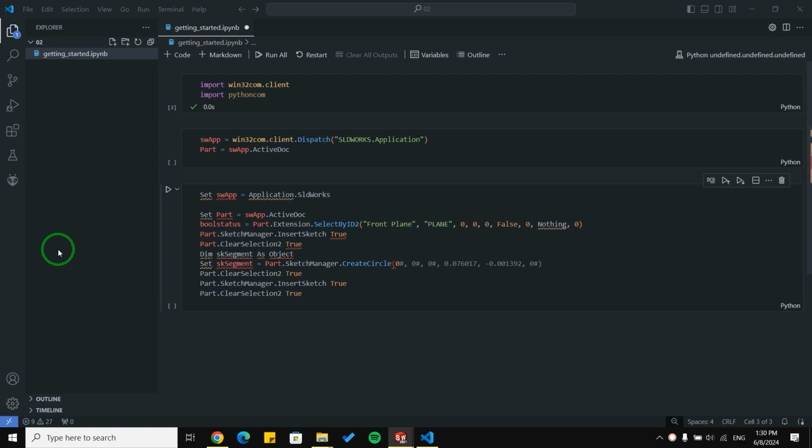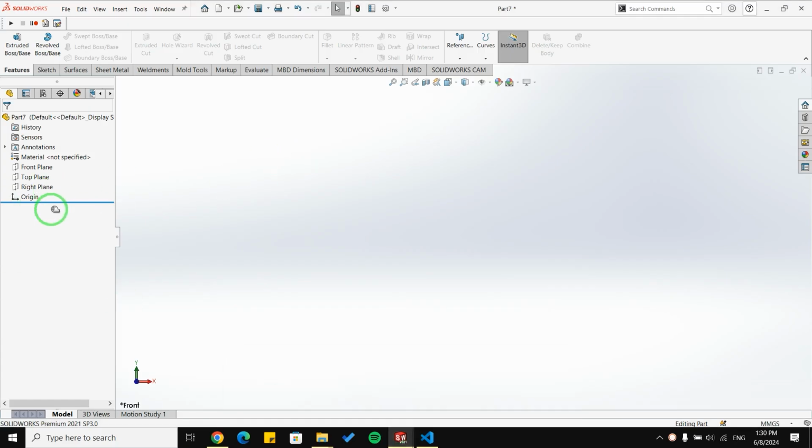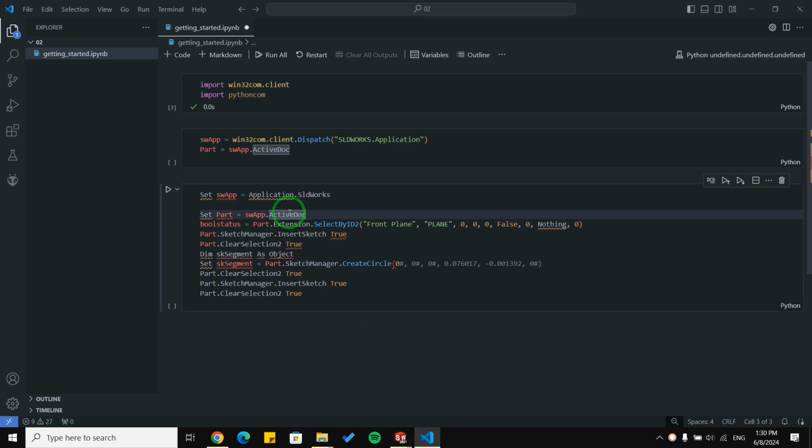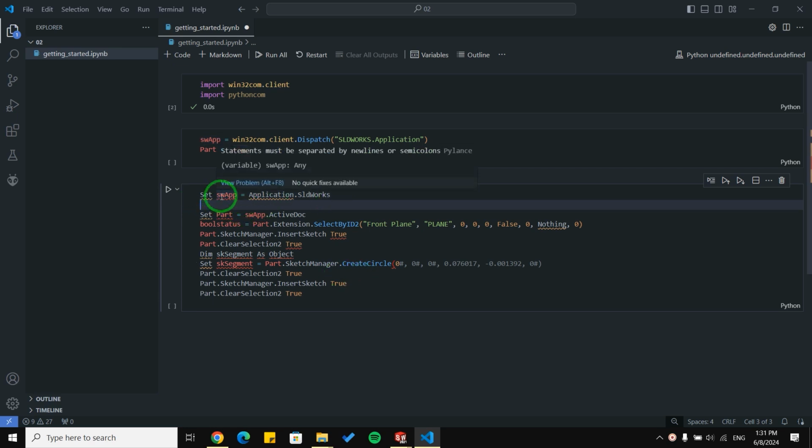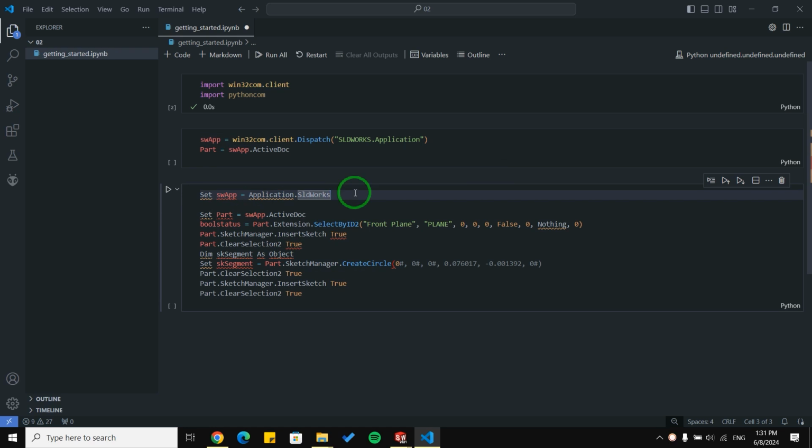Let me look at my SolidWorks page. We don't have any sketch here. It's good. Okay, this block of code is the code I'm going to write, and this block of code is the code that I brought from Visual Basic. Okay, in the first line, we can see here SolidWorks app is equal to Application.SolidWorks. This is the part where we can actually control SolidWorks through code. And we don't have it in Python directly.